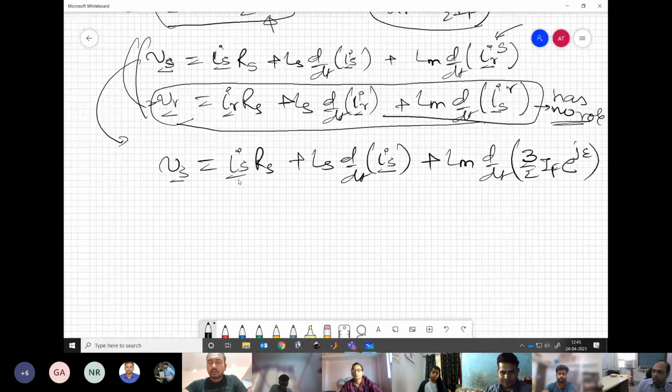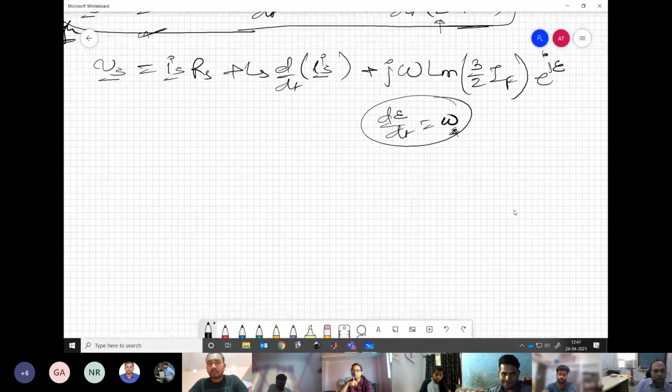The speed at which the rotor is rotating. And this is not electrical, this is mechanical radian per second. This is your electrical radian per second. Understand that. So far we have not gone into the mechanical side. We are dealing with electrical quantities. All the angles, all the rotational speeds, everything is electrical. Fine. Now you can write the alpha beta components of this equation and you will have two sets of equations.